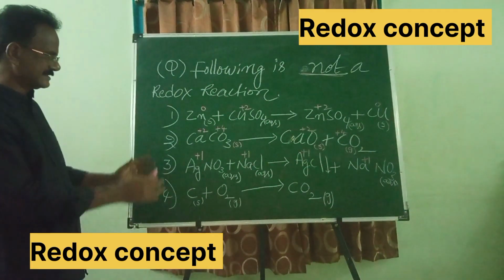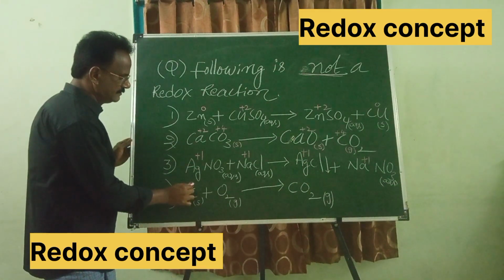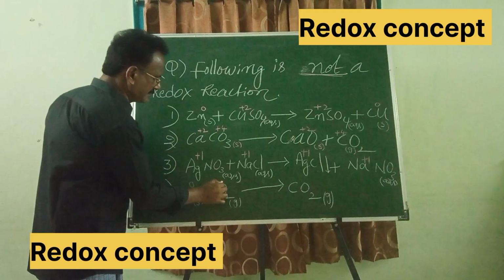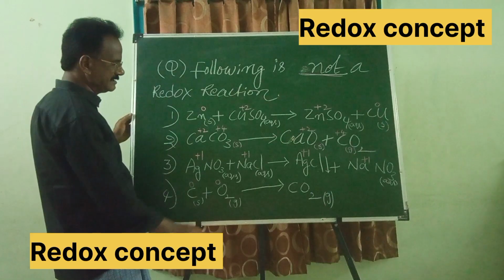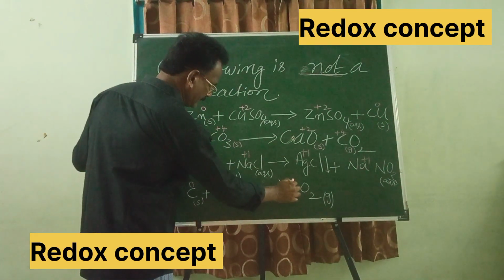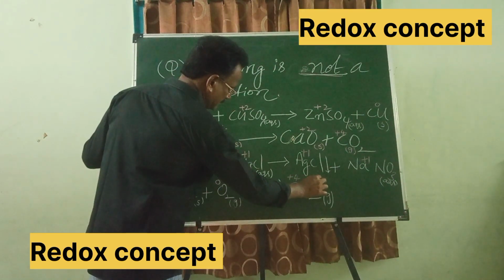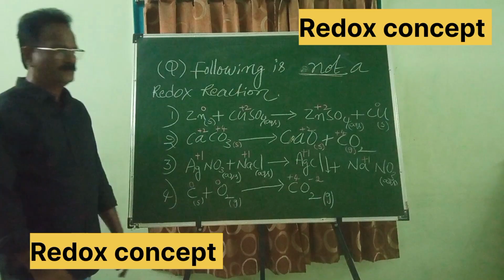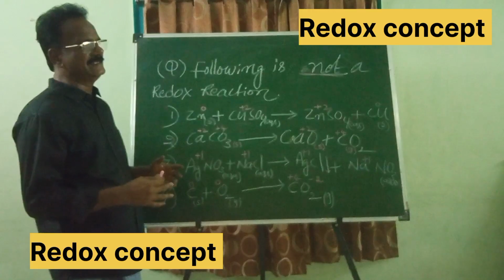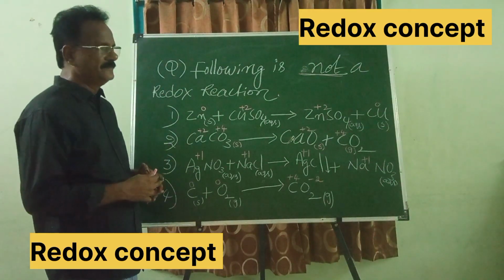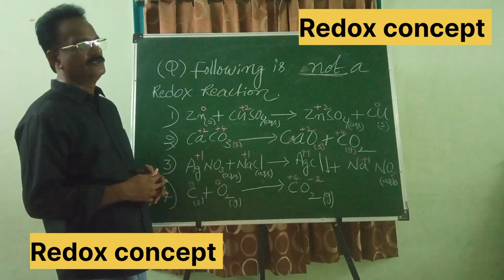Okay. So now let us assign here also. Here the oxidation state of carbon is 0. Here the oxidation state of oxygen is 0. Here the oxidation state of carbon is +4. Oxidation state of oxygen is -2. Okay. So after assigning oxidation states, while writing competitive examinations, we might not have this much time, but by knowing the procedure, you can do it easily.